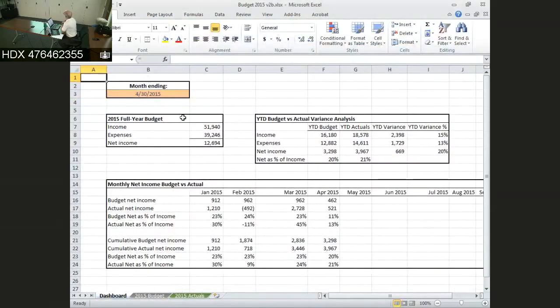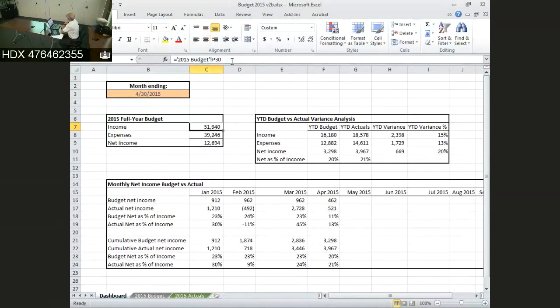All right, so here we've got our formulas. I'll briefly walk through the formulas. This is a date that we put in, and it's going to be referenced by some of our formulas, particularly in the year-to-date formulas. So if I look at these formulas, you can see these are simply links to other